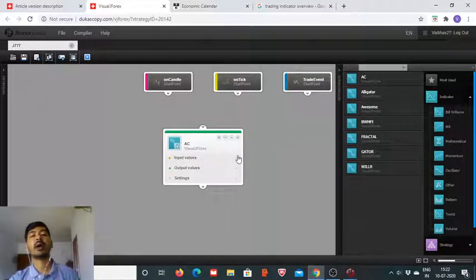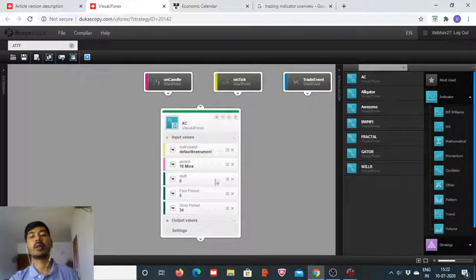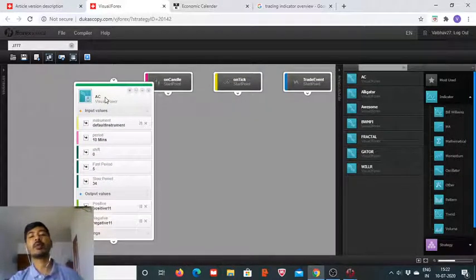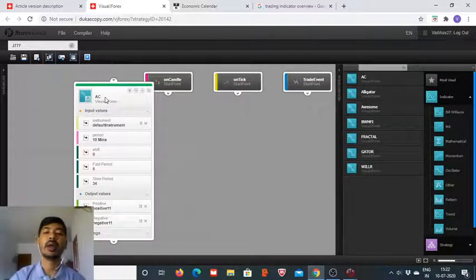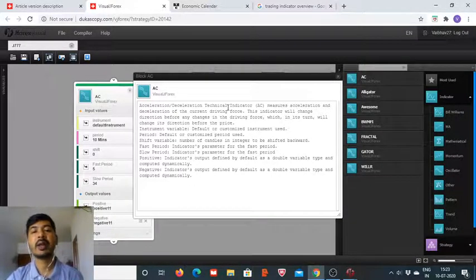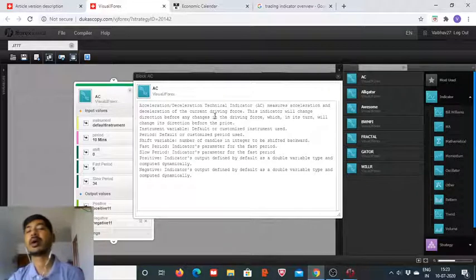Suppose we want to work with this indicator and you are totally new to the platform, totally new to trading. Even in that scenario it won't be very hard for you to grasp this, and you can look at the description here. You will get the description of the underlying block, the underlying indicator, and as you can read through, there is an acceleration deceleration technical indicator, and it will measure the acceleration deceleration of the current driving force,